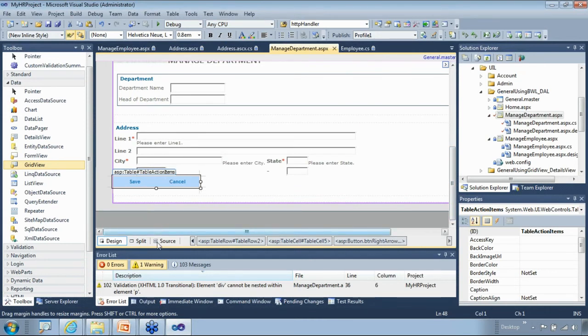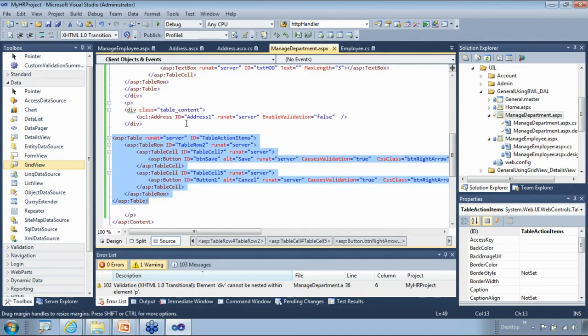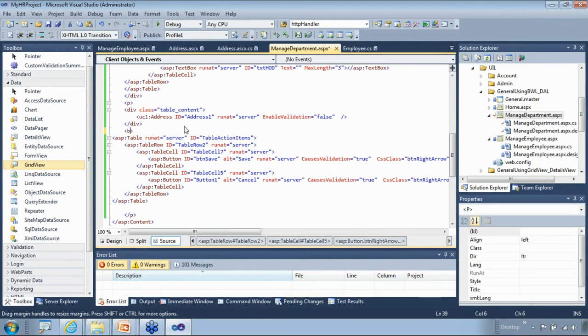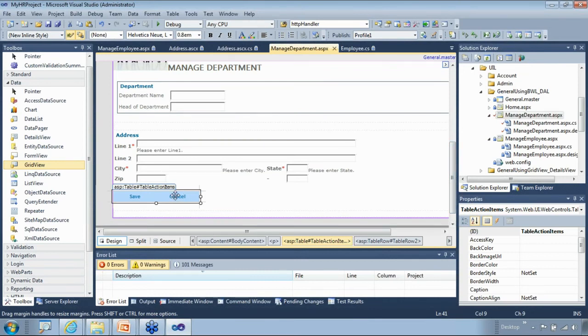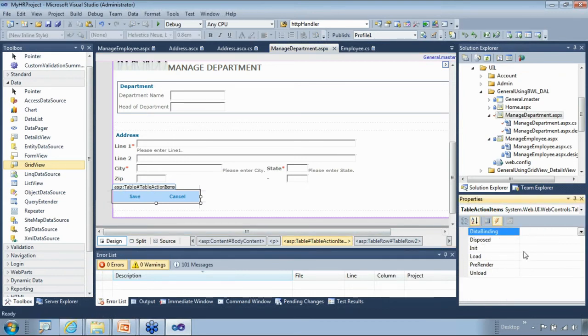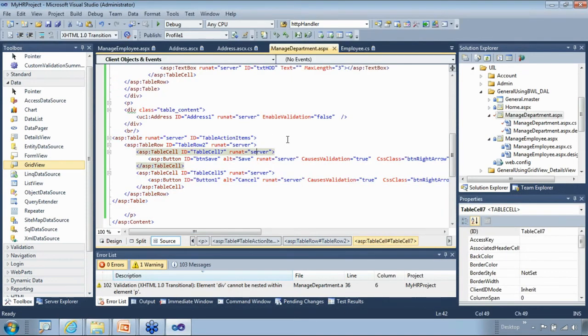But one limitation I see here with the Visual Studio IDE, probably there are a lot of improvements to be made. What is missing here is that if I keep these controls within the table, I actually cannot make use of the IDE capabilities to create code for it. The whole thing is taken as one element control, which is a table, and I don't see any events. If I want to add a click event there, it doesn't really help me. So the workaround I choose is to take these controls out of the table